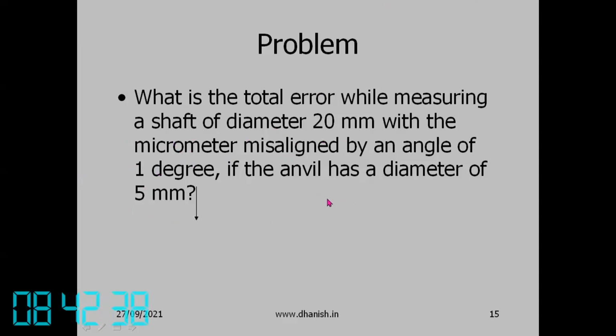The sine error depends on the size of the contact face. So if you reduce the size of the contact face, the sine error is reduced. So we should try to minimize the size of the contact face, because the minimum size is for a point contact. But okay, later we'll see point contact has another problem. With point contact, sine error is minimum, but another error will increase. Elastic deformation errors will increase for point contact. So that's why we don't usually use a point contact.